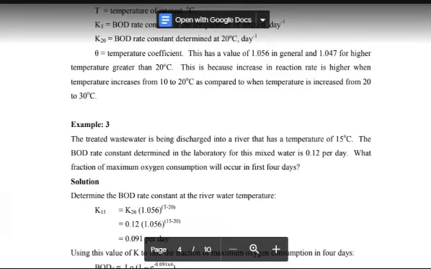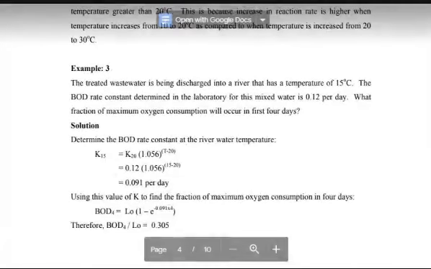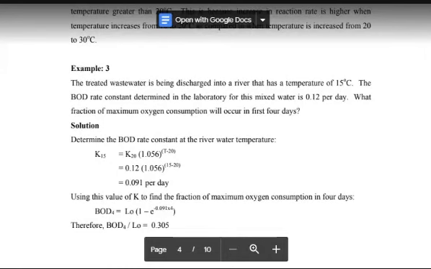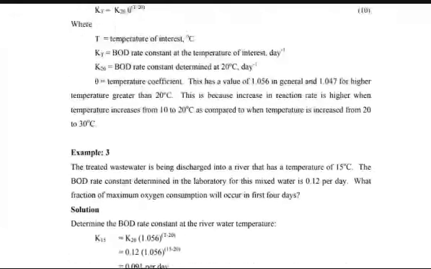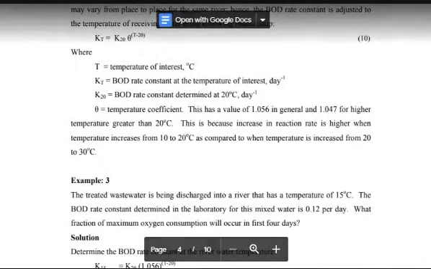Okay. So on your screen, one example is mentioned. It is here for finding the value of k. K is what? It is the rate constant. As we know, in the last lecture we saw the rate constant calculated at 20 degrees Celsius. So this value is available with us: at 20 degrees, what will be the value of the rate constant for a particular wastewater.